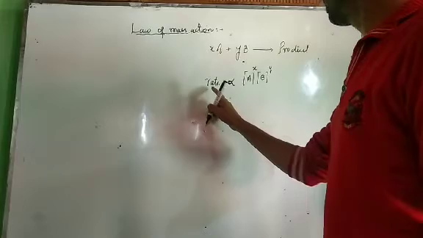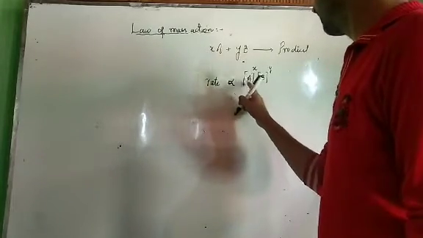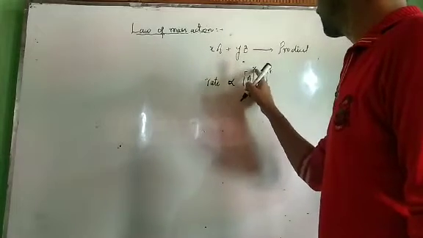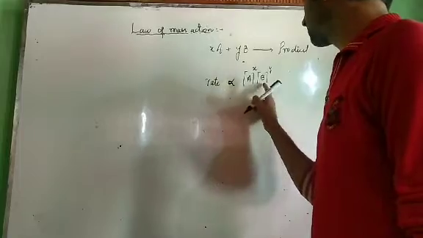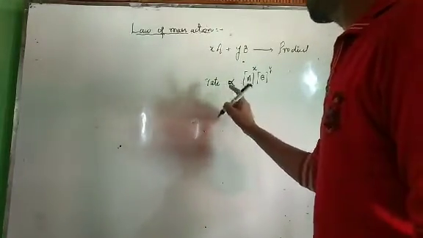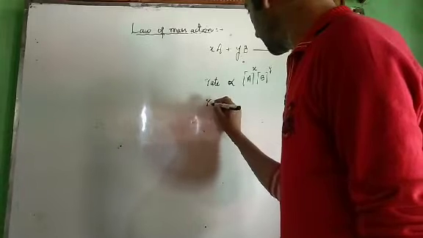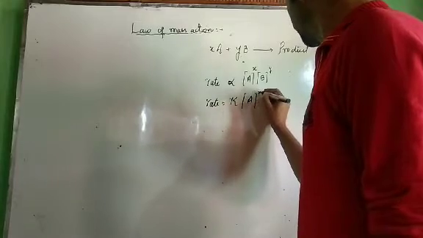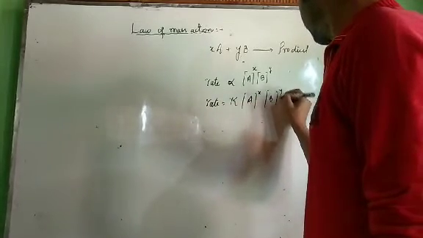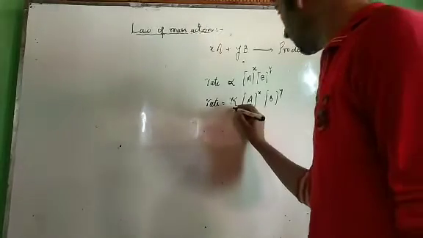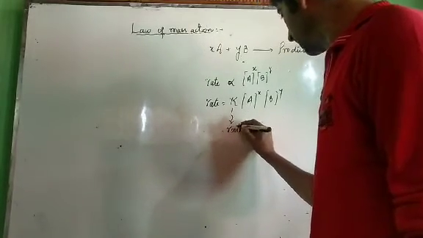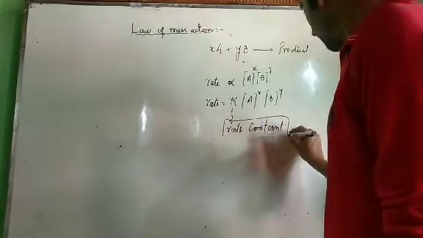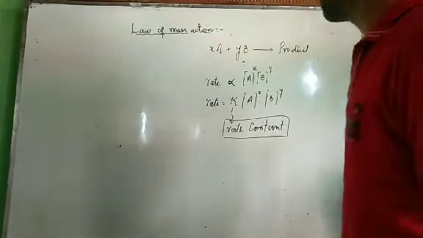Now this rate is directly proportional to the active mass of A. What's active mass? We'll discuss. The active mass of B raised to the power of their stoichiometry, that is the product of active masses of reactants. Now see, wherever there is proportionality, we have to use a constant. Therefore rate is equal to K into the active mass of A raised to power x into the active mass of B raised to power y, where this K is called the rate constant. From this equation we can state the law of mass action.